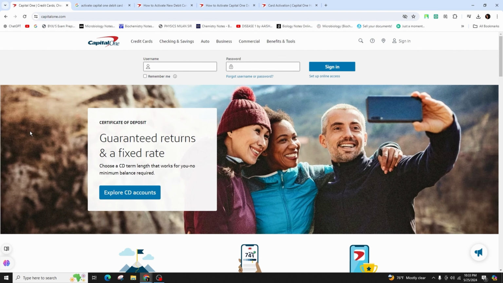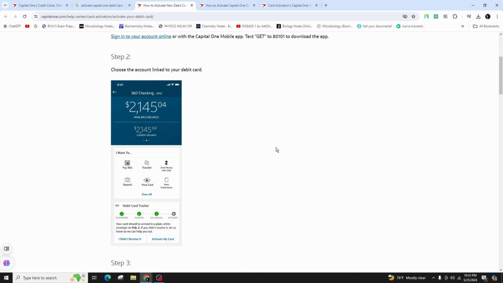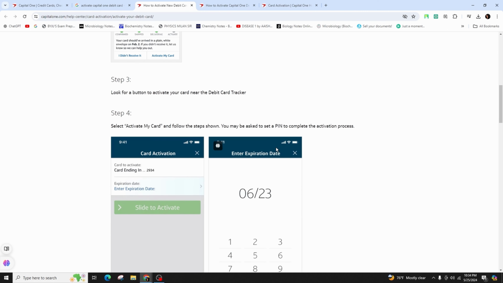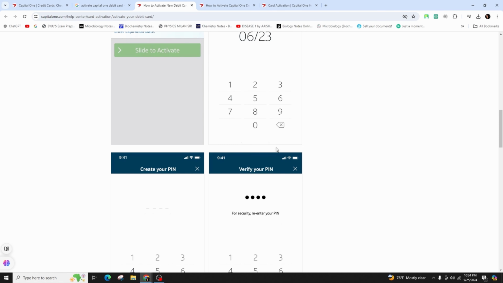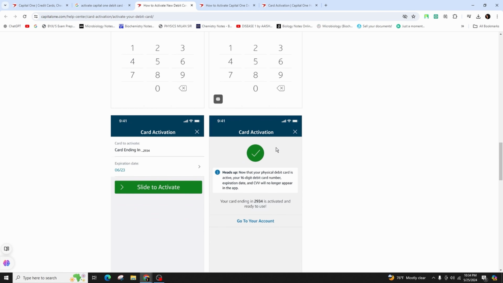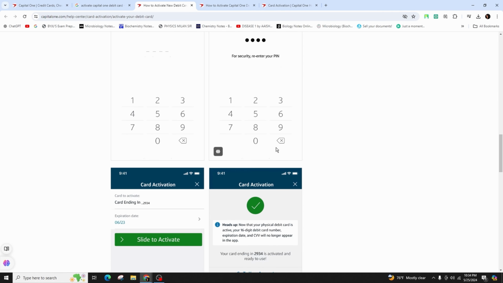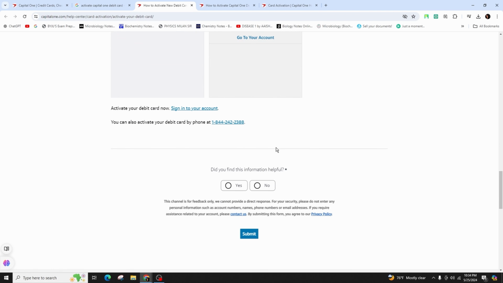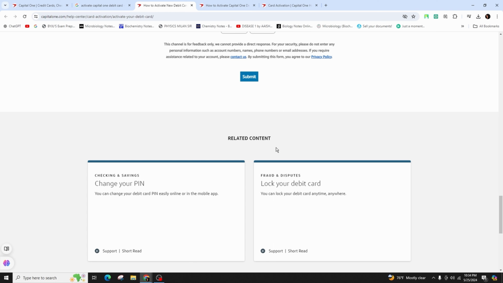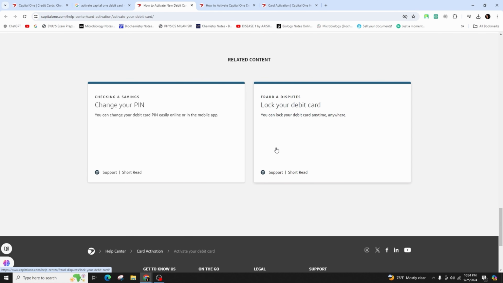You have to open the Capital One mobile app first on your device, sign in, and go to your account settings to manage your debit card. Then you have to find the card services or a similar option in the settings. Choose the lock or unlock card option in the card services menu and verify your identity through username, password, or biometric authentication. Unlock your debit card by selecting the relevant option, confirm your decision, and get a confirmation message